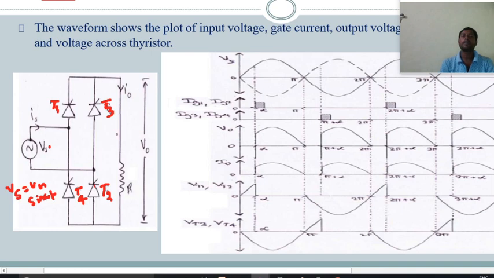And first of all, for the positive half cycle, the supply becomes positive and negative. The positive of the supply is connected at this point and the negative of the supply is connected at this point. So this is 1 and 2. From this point, thyristor T1 is positive with respect to the positive, so T1 becomes forward biased, and this is the cathode, so that this is reverse biased.